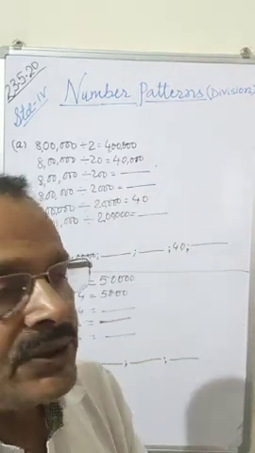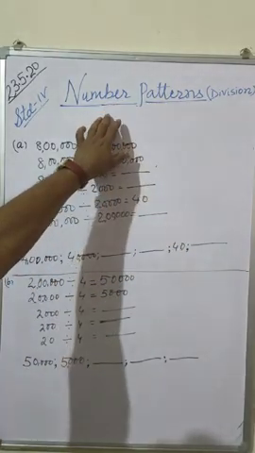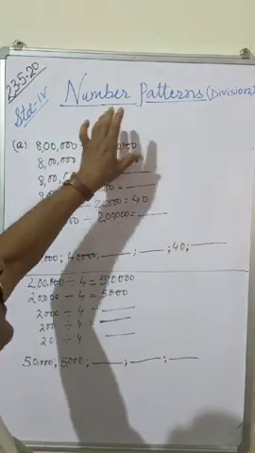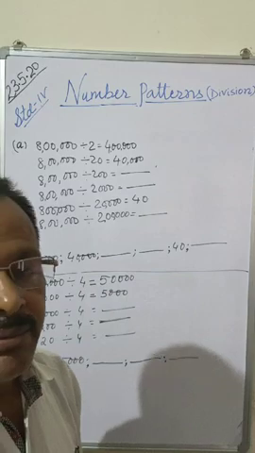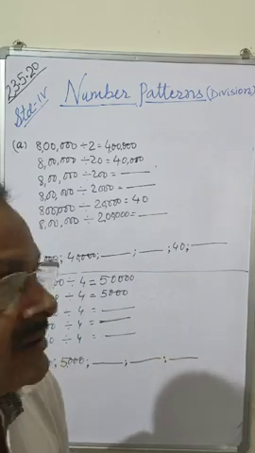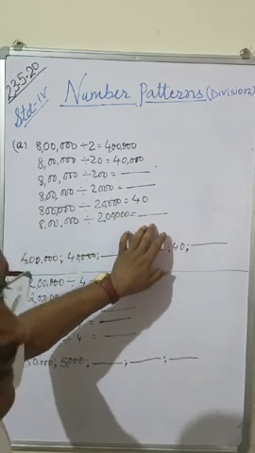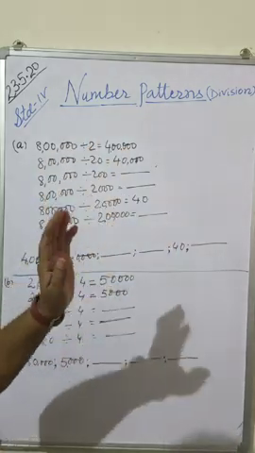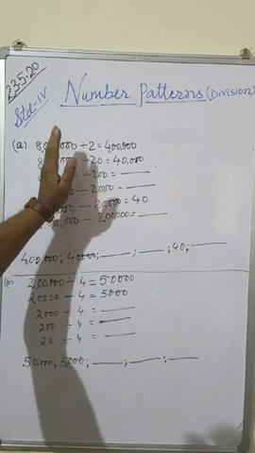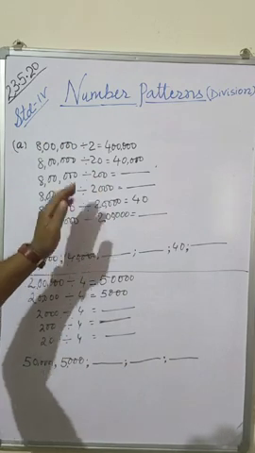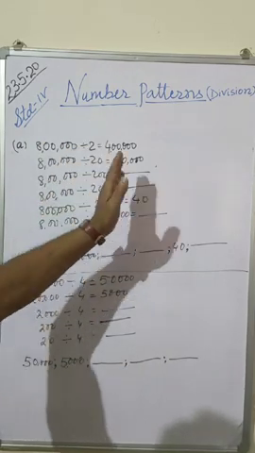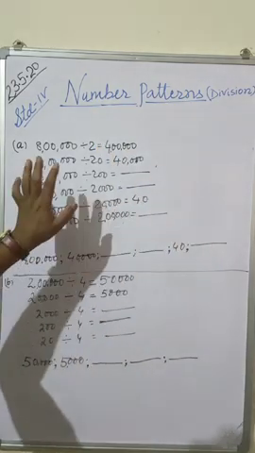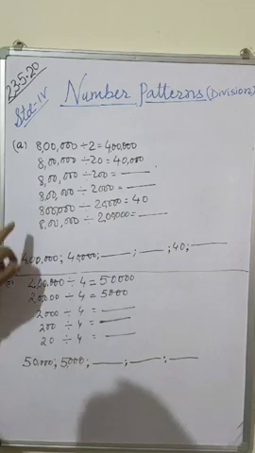Today I am going to teach you number patterns of division, Standard 4. So how you will make your number patterns easy, how you will find the required answer for this, children. This is of division. In division, all of you know, first number dividend, second number divisor, and just after equal to, that is your quotient.